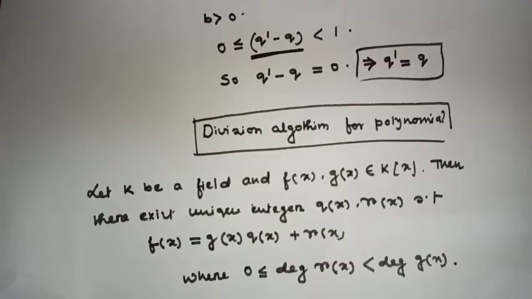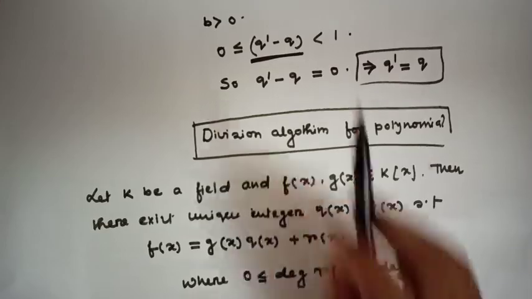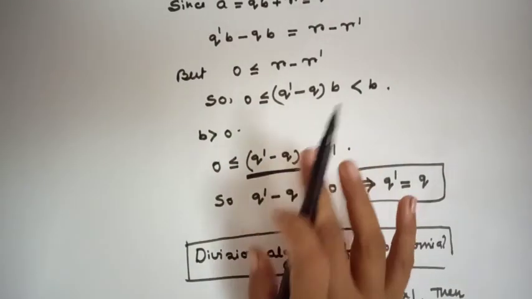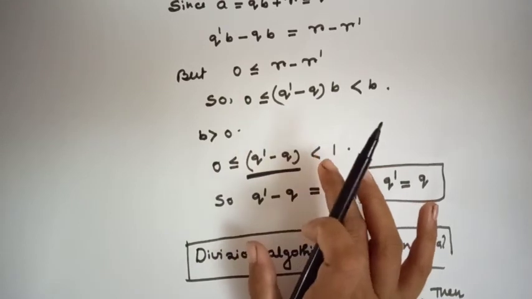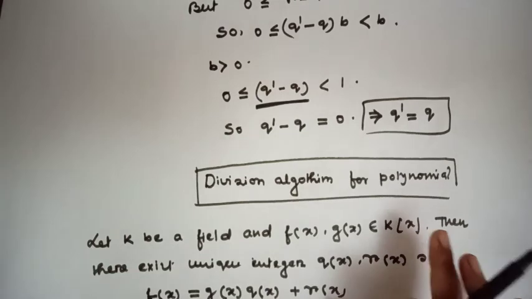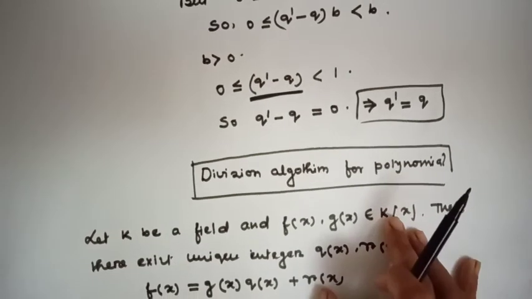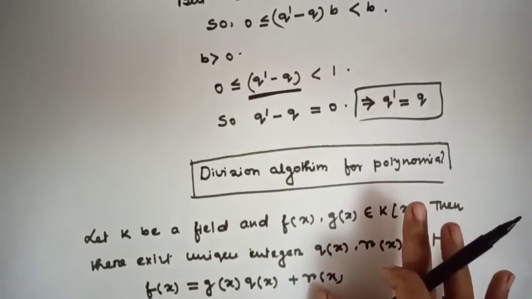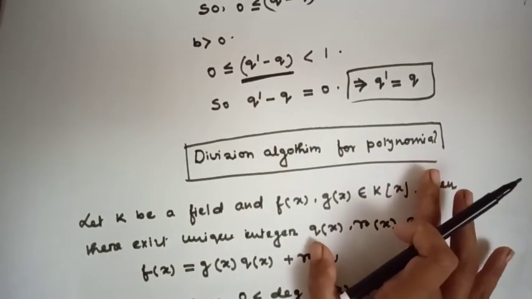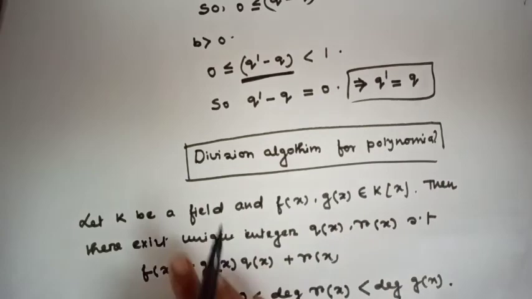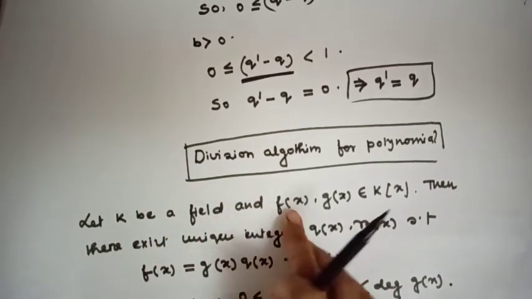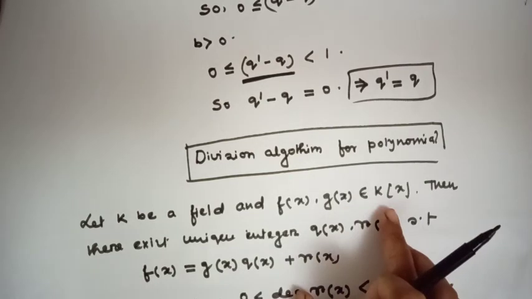Okay? This is the division algorithm for natural numbers. Now I will see the division algorithm for polynomials, and this is a very important topic for CSIR NET. What is the division algorithm of the polynomial? Let's see. The statement is, let K be any field and f(x), g(x) belong to